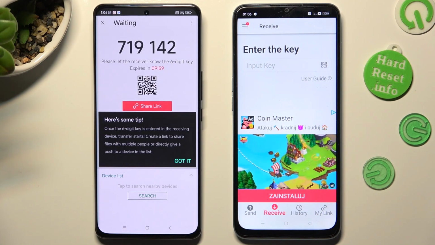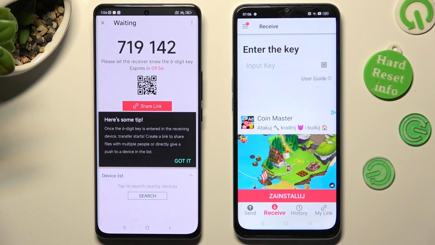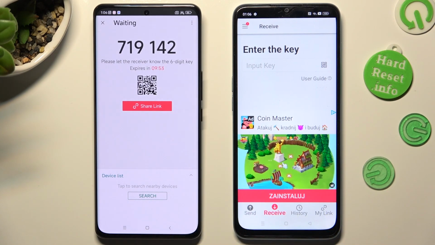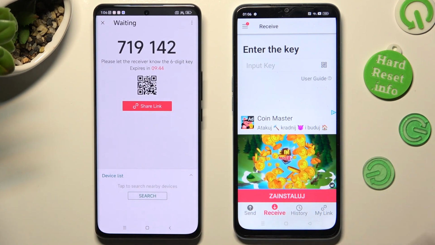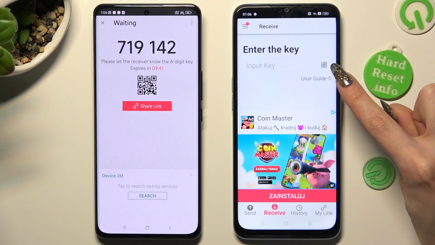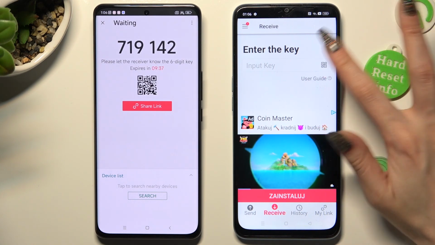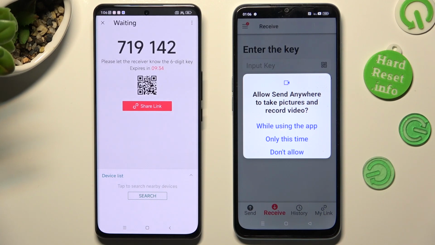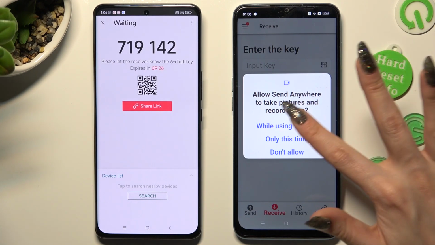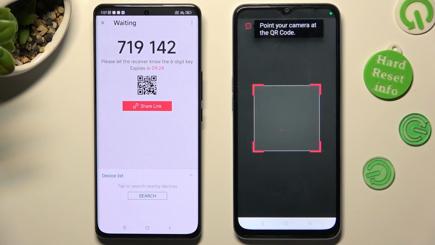Then hit Got it in Here's Some Tip pop-up and choose the best connection way for you. If you want to connect using this QR code, tap on the scanning icon located next to Input key on an Android. In the pop-up, select while using the app or only this time to allow camera access, and point your device's